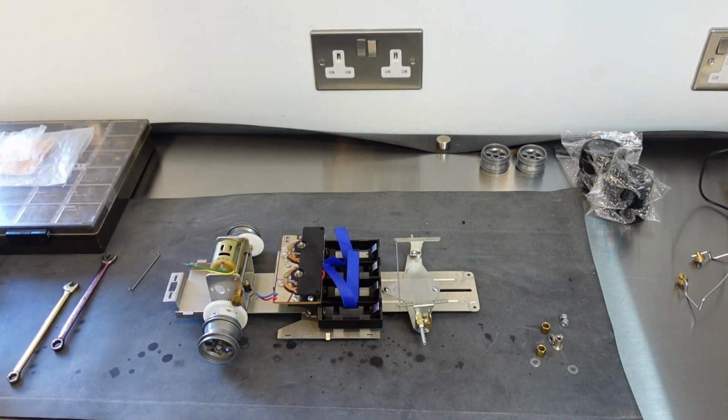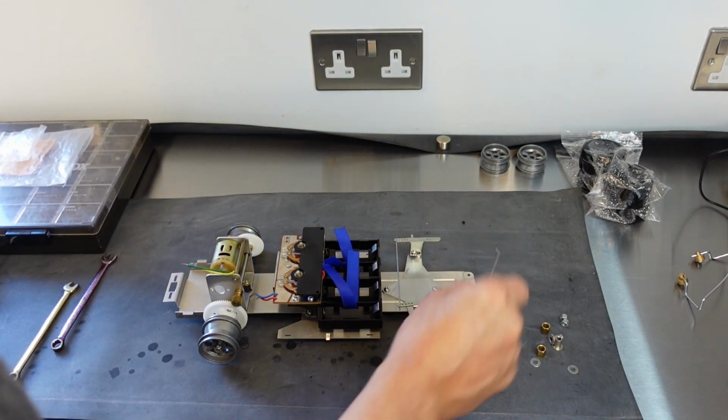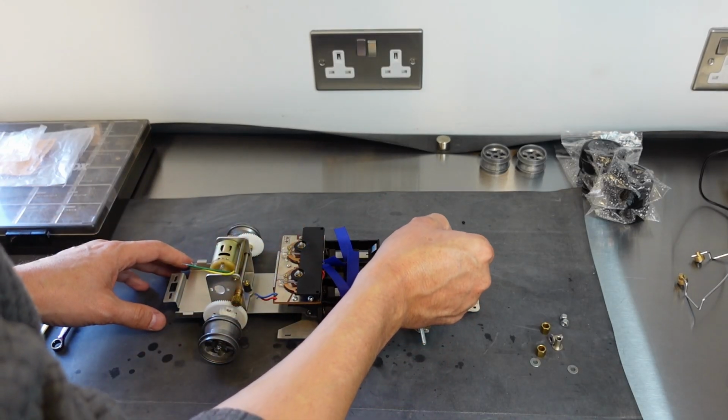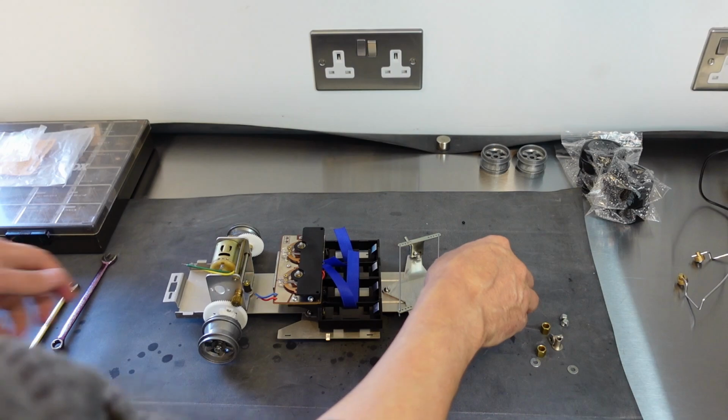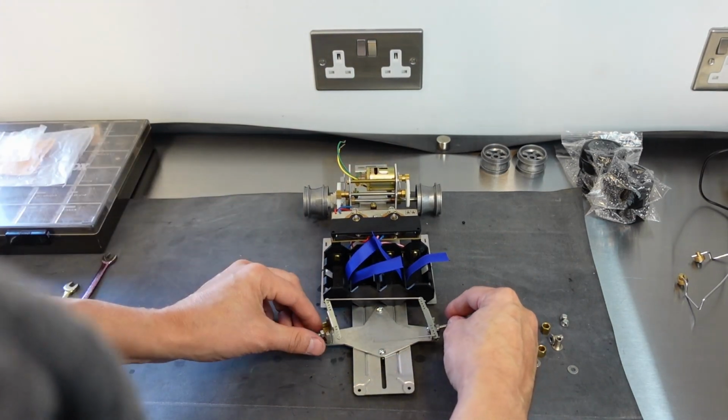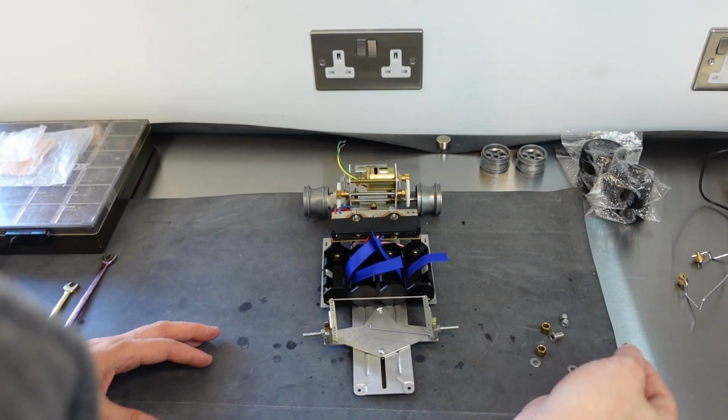Get that back there. Right, well, normally when I display those I just rest that in there. But let's get the front wheels on. That'll really be getting complete, won't it? So,